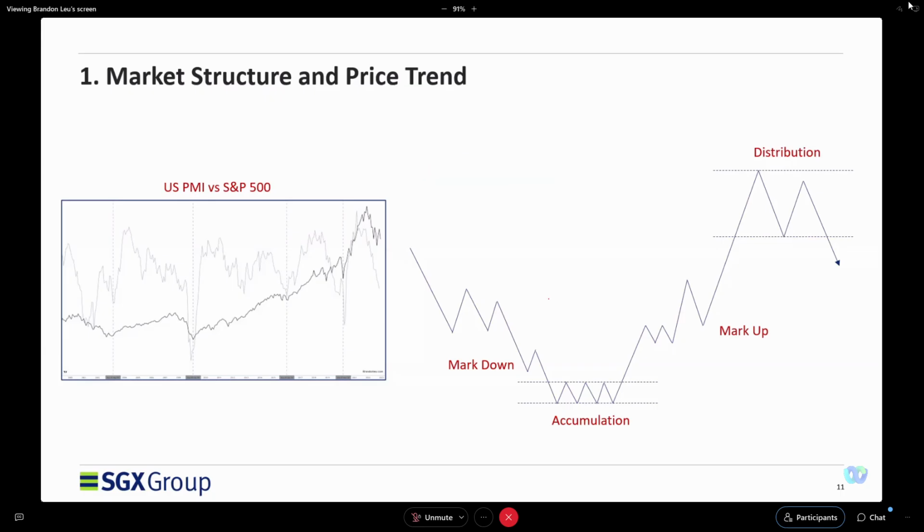In technical terms, we call price coming down as markdown. And when the stock price starts to go in a sideways fashion, we call this potential accumulation, where the investors or traders understand that this price is cheap, or it's really a bargain for a specific stock. They'll start buying. And when the buyers are stronger than the sellers, the price does not go lower, and in fact, it will start to break higher.